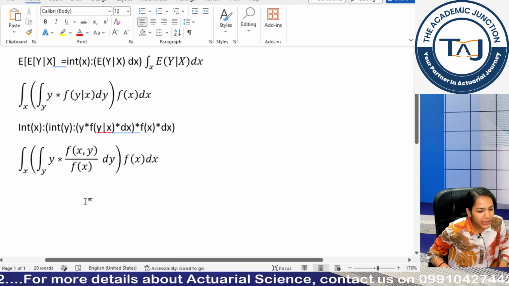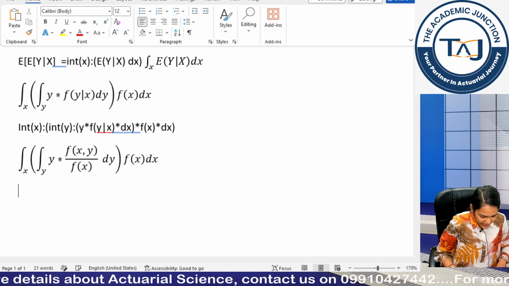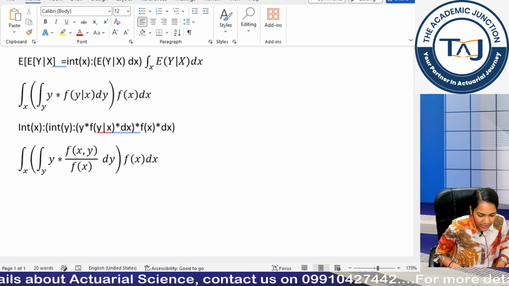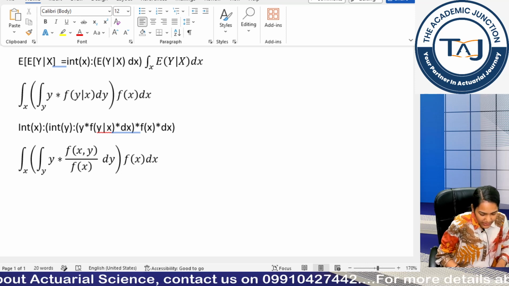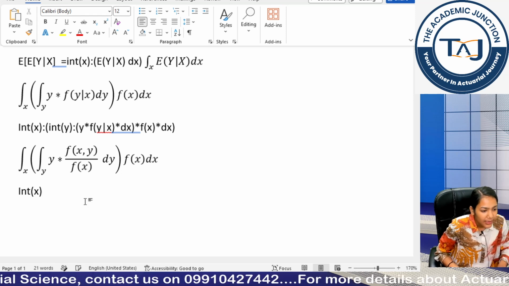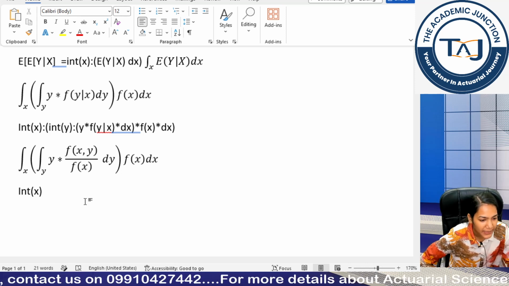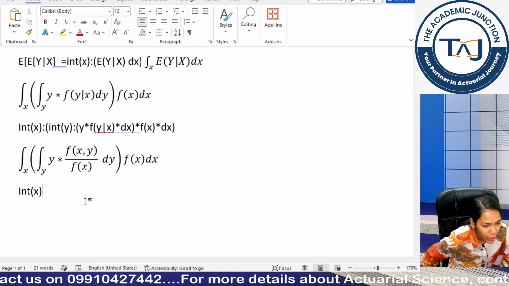Now we have the double integral. So we have backslash int. Sorry, not backslash. If you are using the equationator, let's not use it this time. Let's use the normal approach. Int, brackets close, x. I am also saying, those students who are using the equationator, please know some basics of the normal typing.